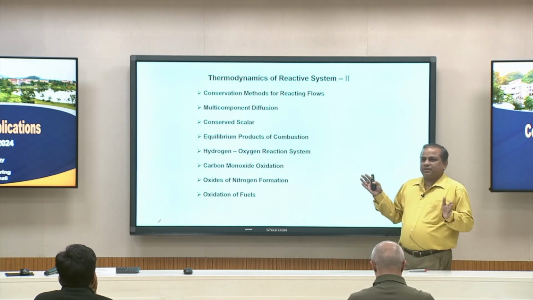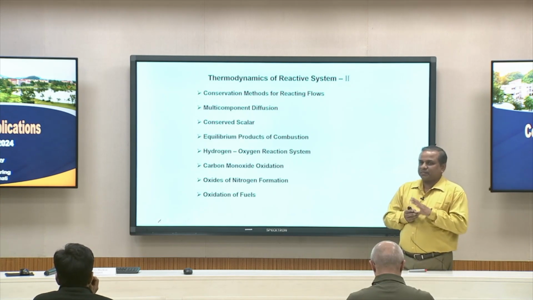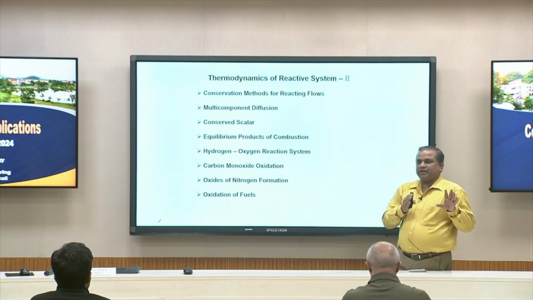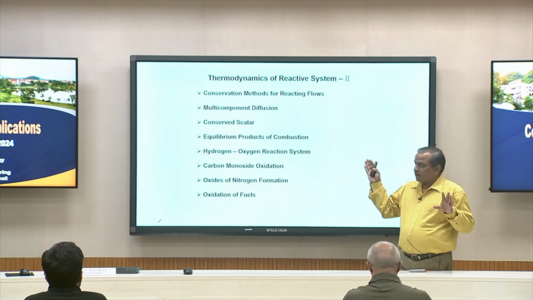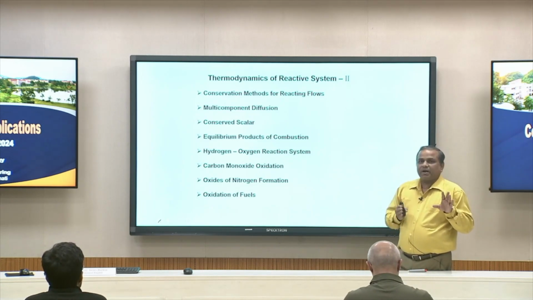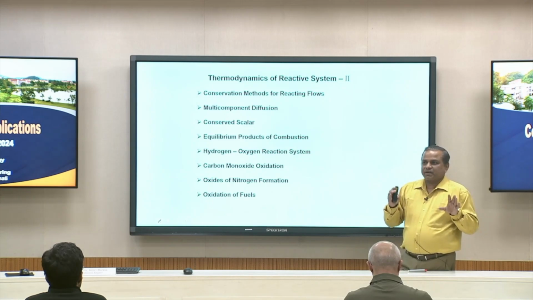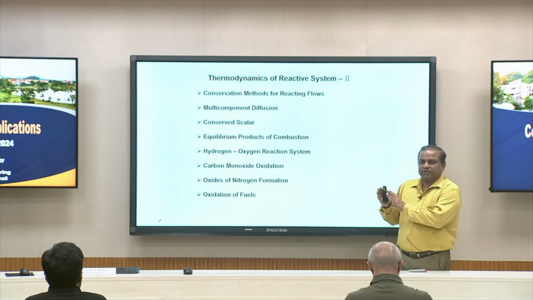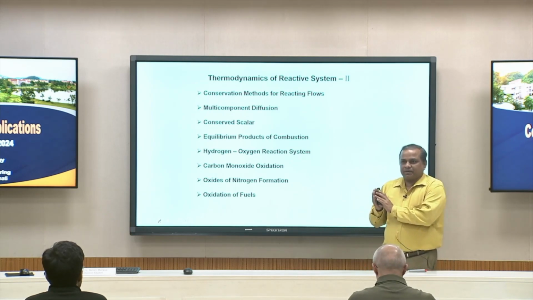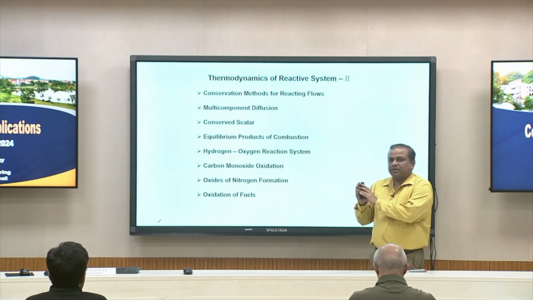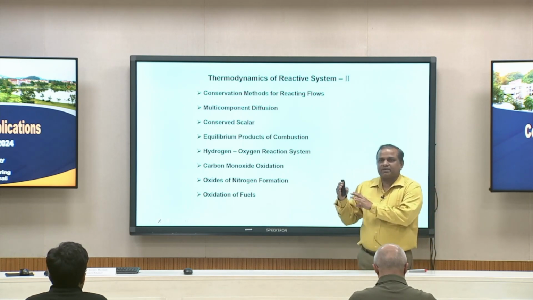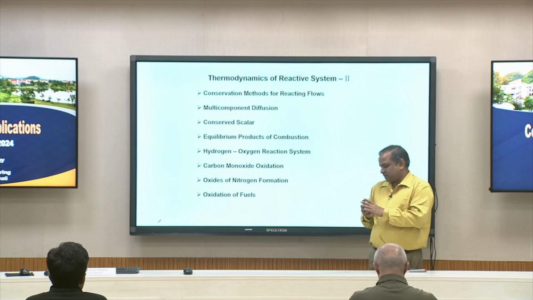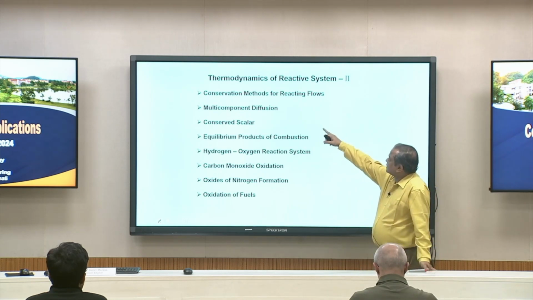Now, when you combine three things together: the fluid mechanics governing equations, mass, momentum, energy, and these thermodynamics equations like first law, second law and entropy equations. Both these we integrate with chemical kinetics and reactions. Then when you couple them, we frame the combustion equations, and here we call this the conservation methods,